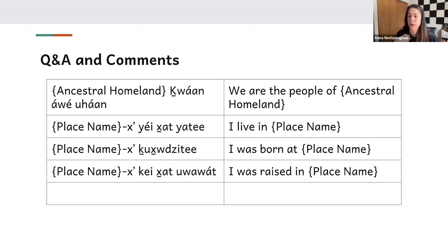In my family, on my mother's side, we're European immigrant, and so we can practice mine too. We would be what you call Guske Kwan, which is people from the base of the clouds, and that's to describe when you see sail ships coming across the ocean onto Lingit lands. So you can practice, repeat after me. Guske Kwan Awa Uhan.